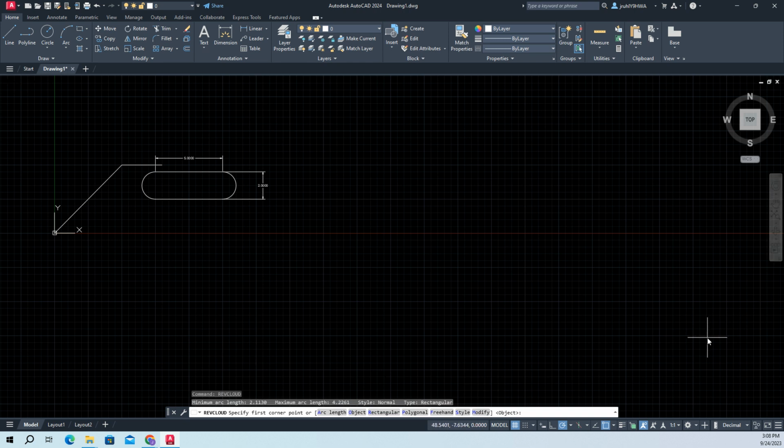So we have our rev cloud. We're going to go for arc length. The default 3.61. Maybe I would do it for something like this, where I click